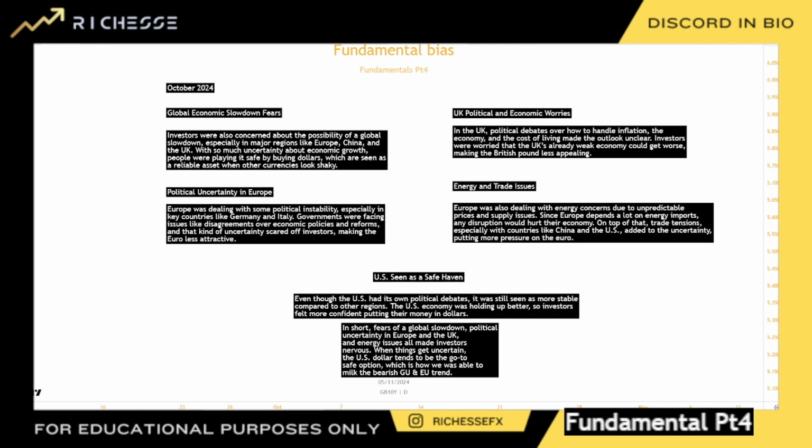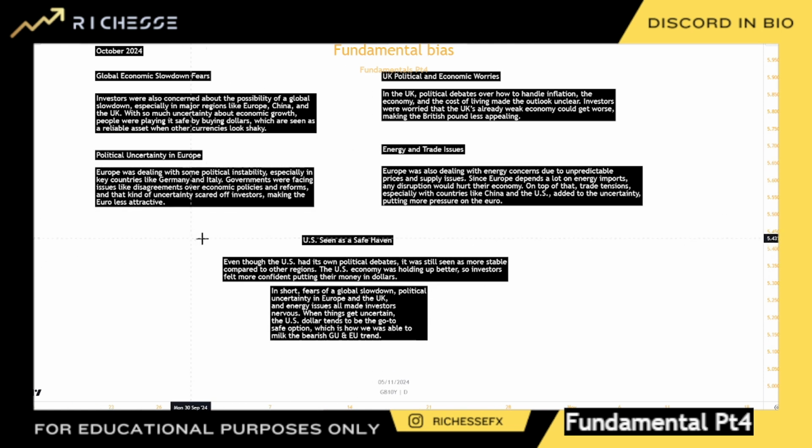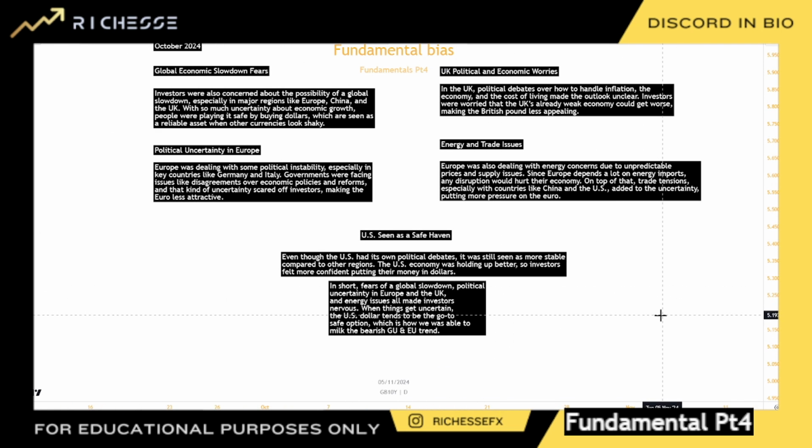US seen as a safe haven. So this brings me on to my last point. Even though the US has its own political debates, it was still seen as more stable compared to the other regions. The US economy was holding up better, so investors felt more confident putting their money in dollars. And again, this is massively